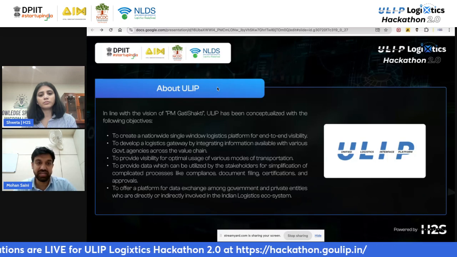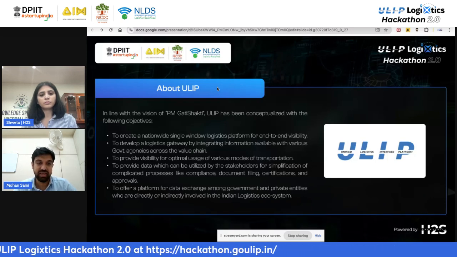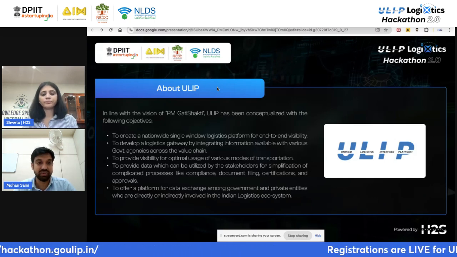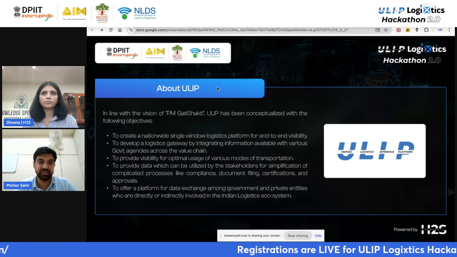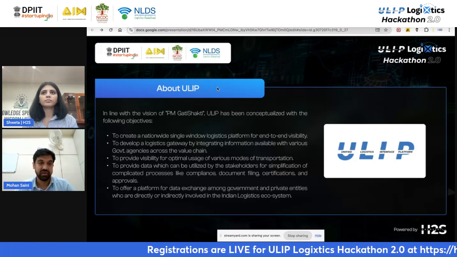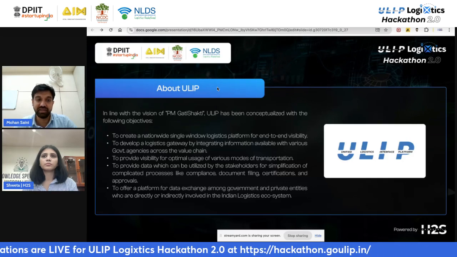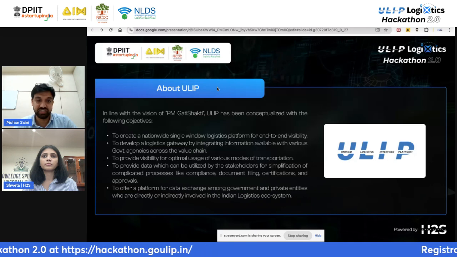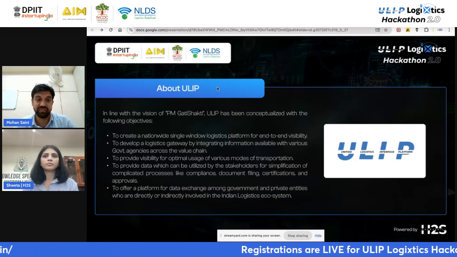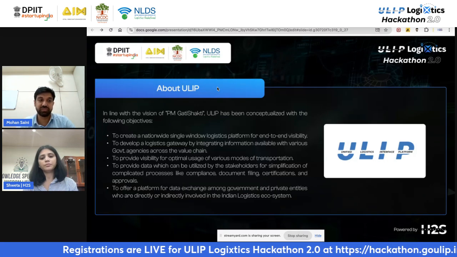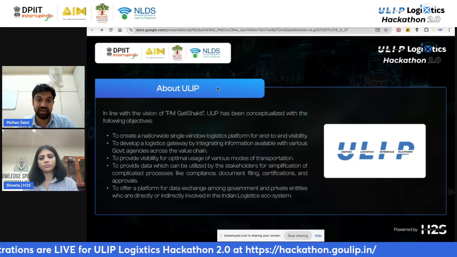37 systems of the 10 key ministries are hashed onto the platform, and there are more than 1,000 users who are already utilizing those data to build applications around authentication, track and trace, and digitization. Not only private entities, there are a lot of government entities who have been utilizing it to probably streamline their public distribution systems, manage their efficiencies, the warehousing corporation, and thereby leading to a logistics cost saving at a very enormous level. So ULIP, for which the hackathon was launched, and this is the second hackathon which NLDS